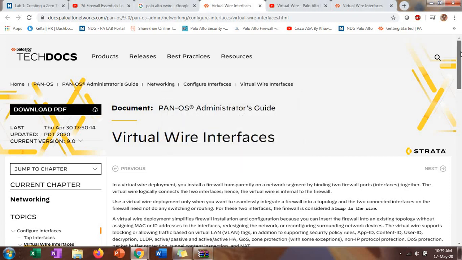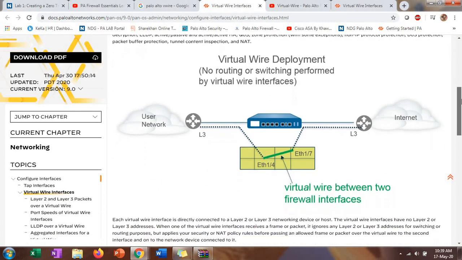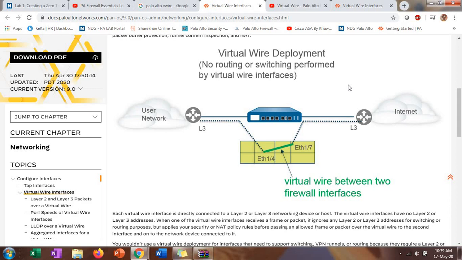So I would like to just brief you about how it looks in the deployment. This is the Palo Alto Networks doc site, where you will have documentation for each and every concept in the Palo Alto firewall, and you can Google here and you will find a ton of documentation. We are only referring to the official diagram from Palo Alto itself.